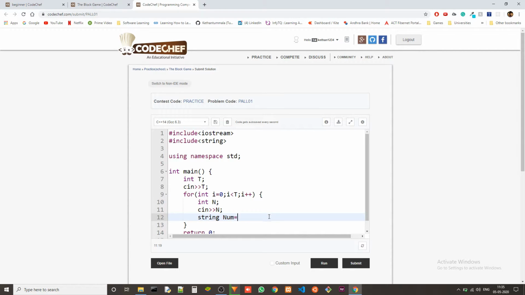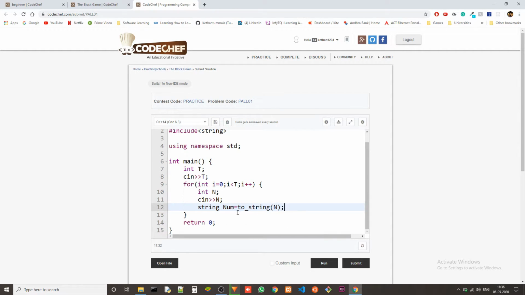With that header we can use this function called to_string. Now this function takes in either an integer or a double or anything, and it returns a string. So let's give n as the input, and it will return the number as a string.